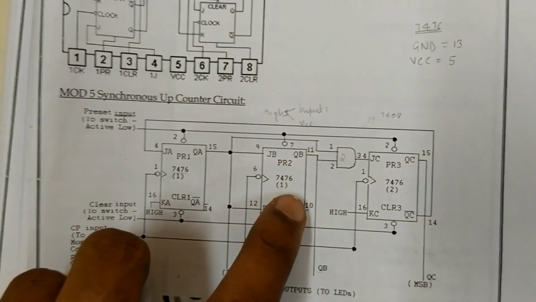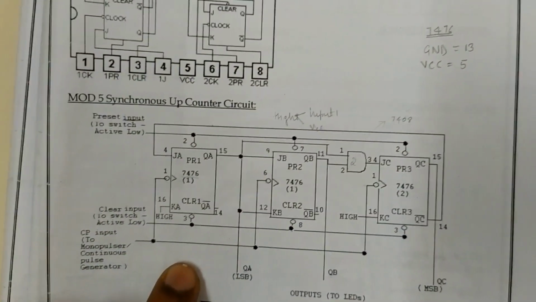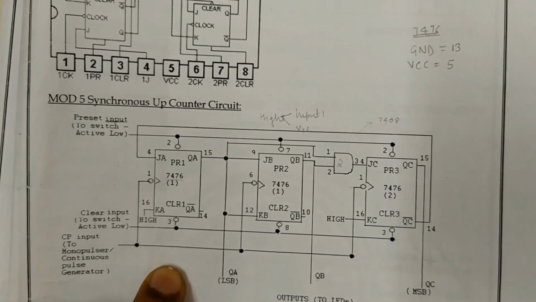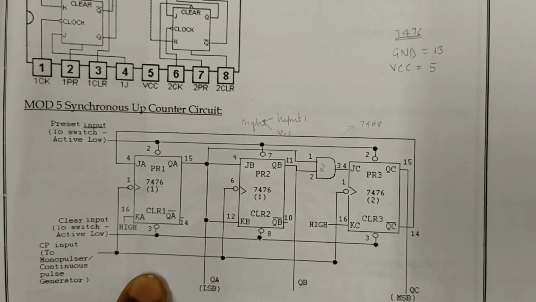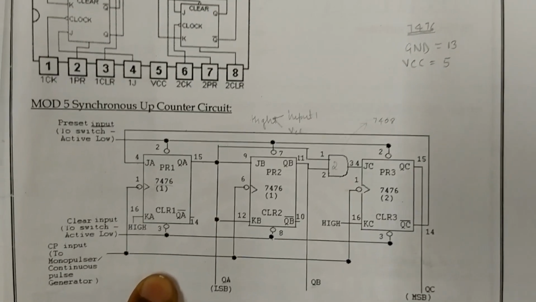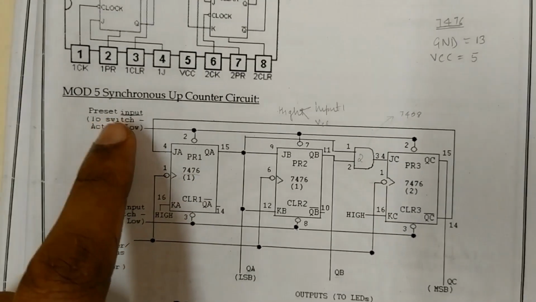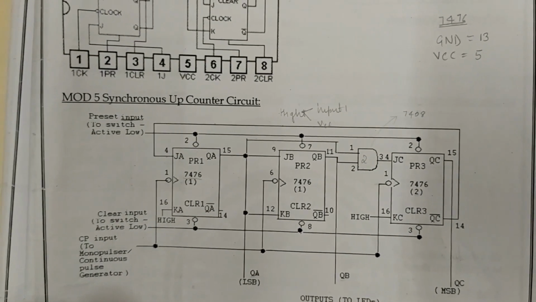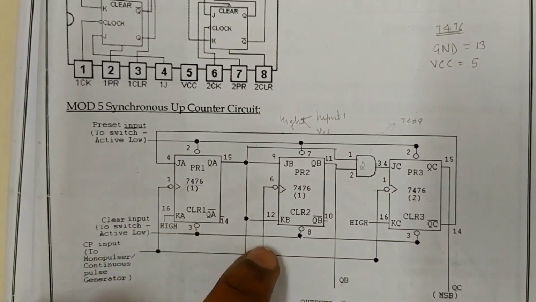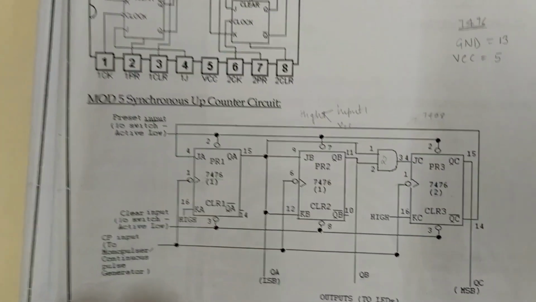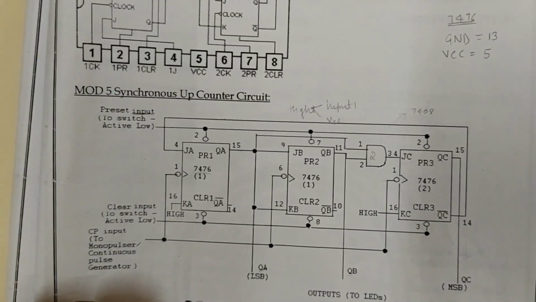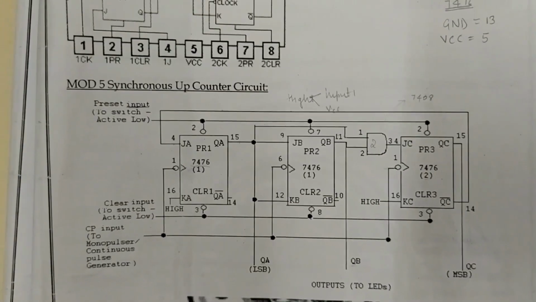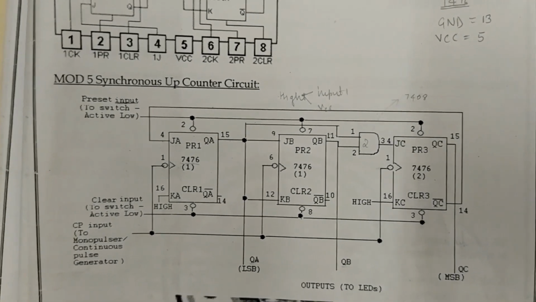This is the first flip-flop, second flip-flop and the third flip-flop with the inputs JA, KA, JB, KB, JC and KC respectively. Also the outputs QA, QA bar, QB, QB bar, QC and QC bar. Also you can see that there are 2 inputs to every flip-flop, preset and clear, which are to be kept at active high when I am using my flip-flop as a counter. In addition, you can see the clock input which is synchronously connected to all the flip-flops. Also JA and KA are connected to the respective inputs as per the expression I obtained from the K-map in the design part.